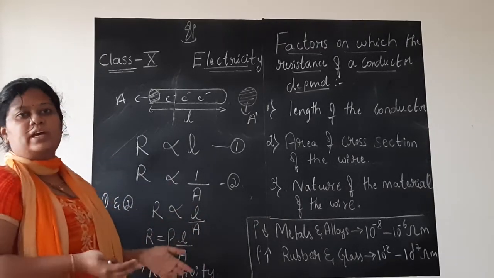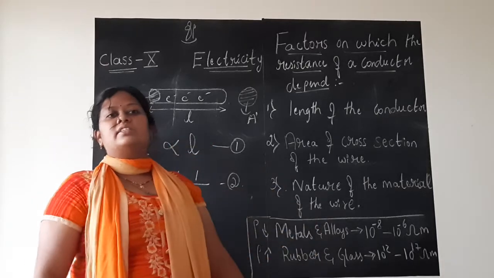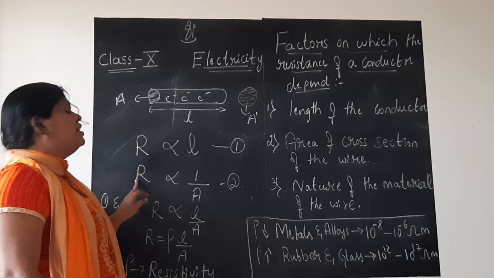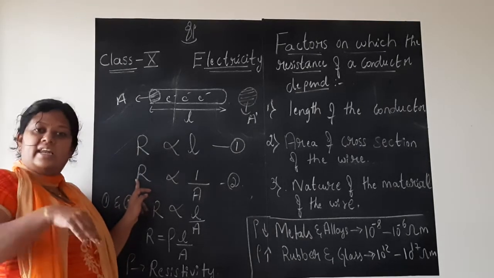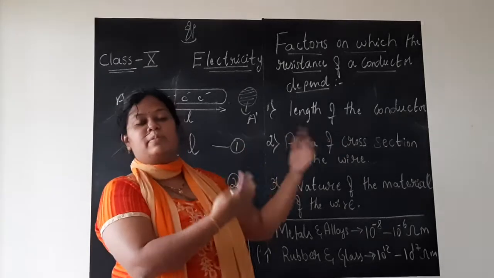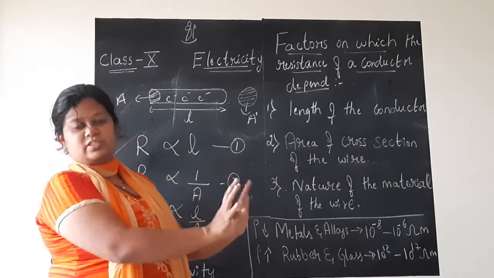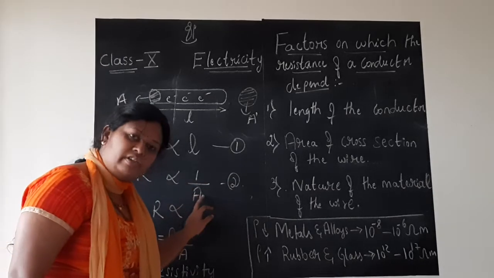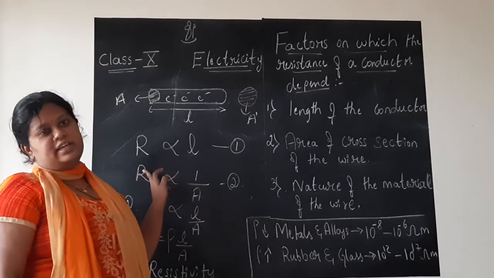But take the big cement pipe which is dug inside the road. It is too big, no? You can easily crawl inside such pipes. It means its area of cross section is more, so its resistance is less. Similarly, if the area of cross section of the wire is more, its resistance decreases.